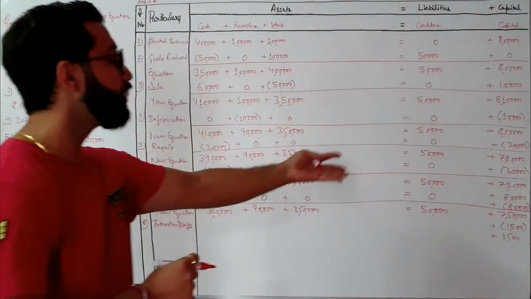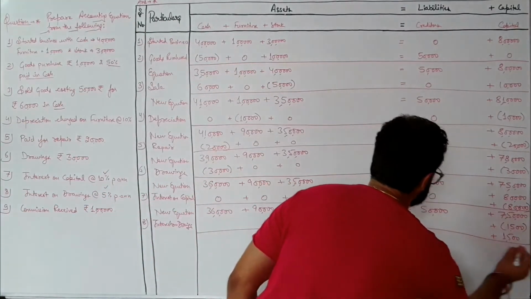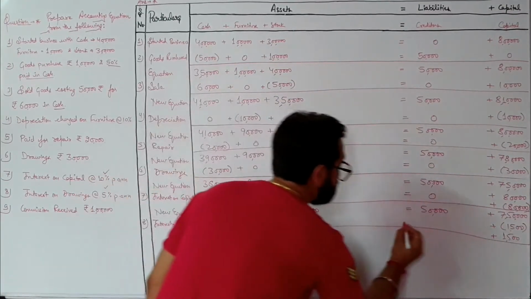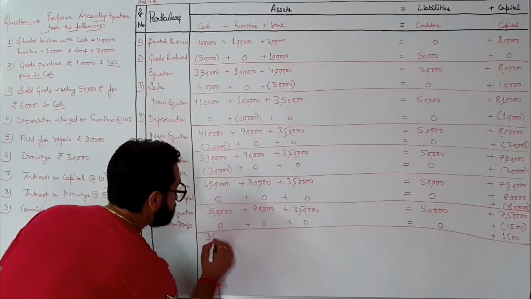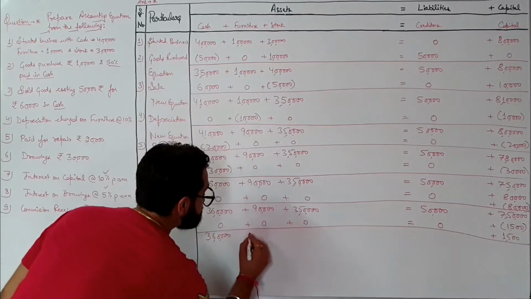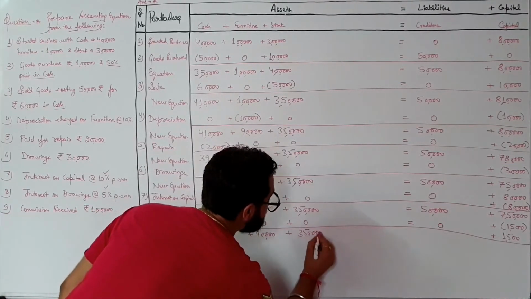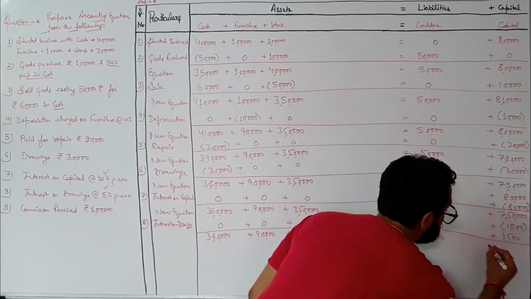Yes, it is similar to the above case. Zero effect of the transactions. 0 plus 0 plus 0 equals 0. Okay. Now 3,60,000 plus 0, 3,60,000 plus 90,000 plus 3,50,000 equals 50,000 plus